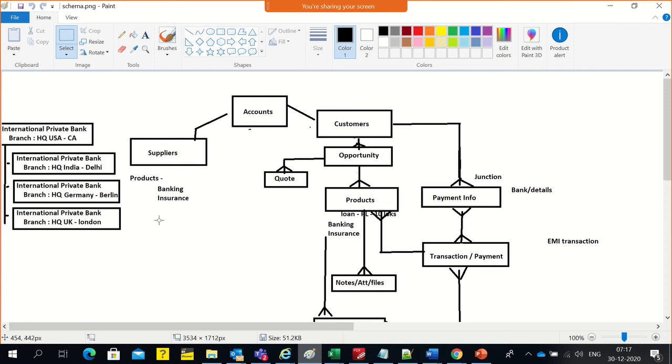Suppliers, of course, have a couple of products. When we say customers, they will try to apply for a loan, so they are trying to open an opportunity for themselves. If they look for a quotation, we share the quotation with them. If they're okay with the quotation, they are mostly going to buy something here. So this is the concept where a customer gets into an opportunity role, and then he may also add a couple of products, either a loan or insurance, whichever product he's looking for, and he can do